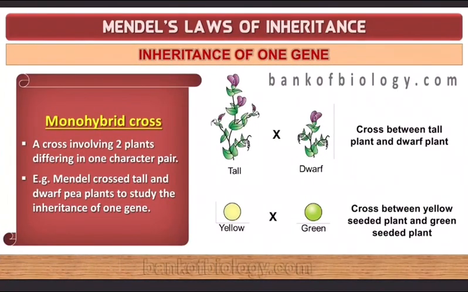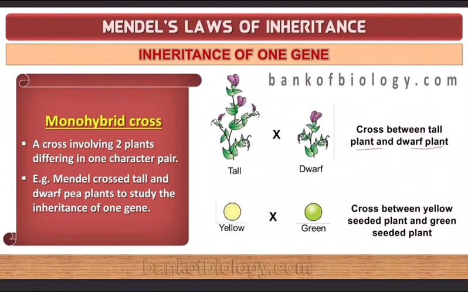Pod color, green and yellow. Seed shape, round seeds and wrinkled seeds. And seed color, yellow color and green color. Because of the presence of contrasting characters, Mendel selected these. And for the inheritance of one gene, he conducted an experiment,